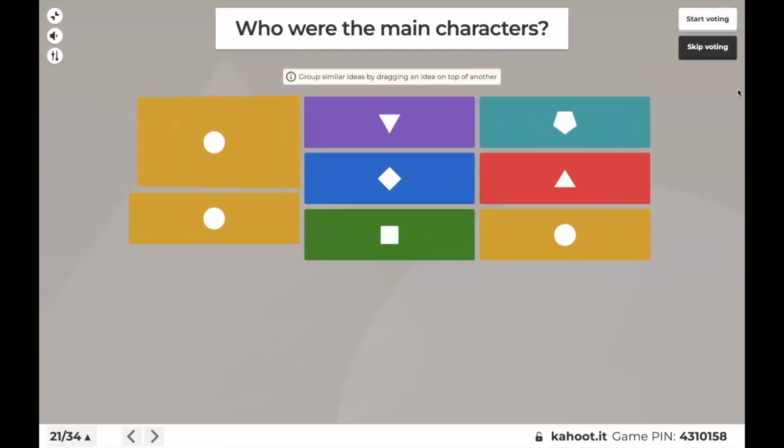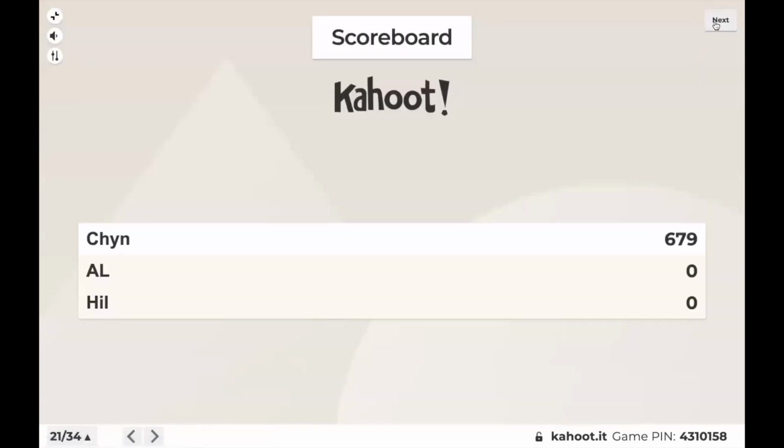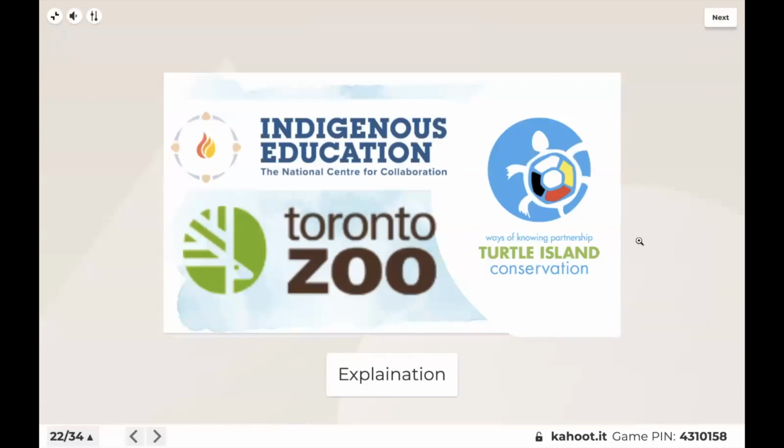Okay, so we've got the children, Nana Bush, the wolf, the pebbles, and the butterflies. Yeah, those are some awesome different characters that the students could act out. So those are just the resources where I found this activity, but to go more in depth with the drama